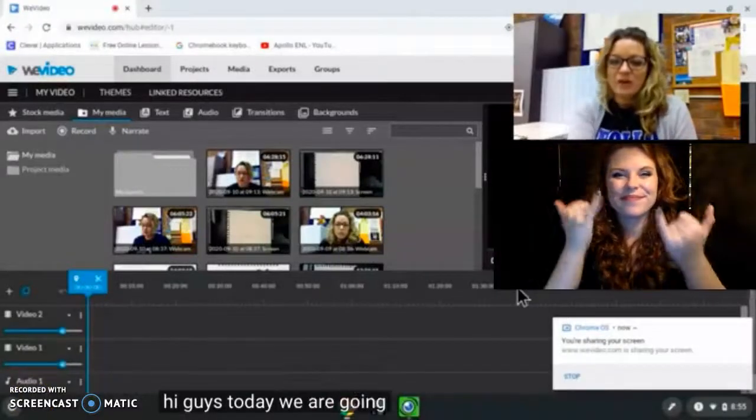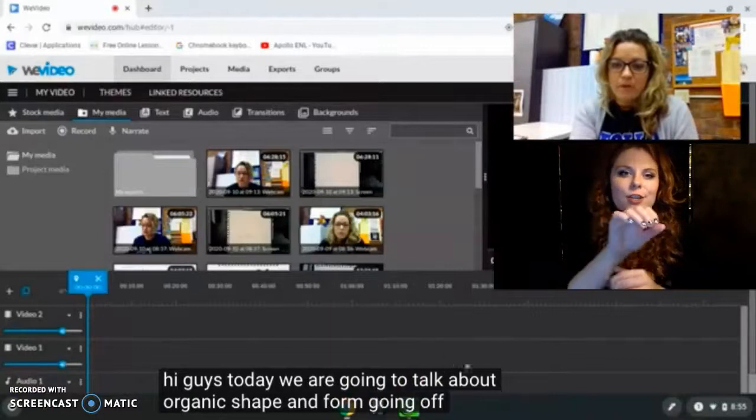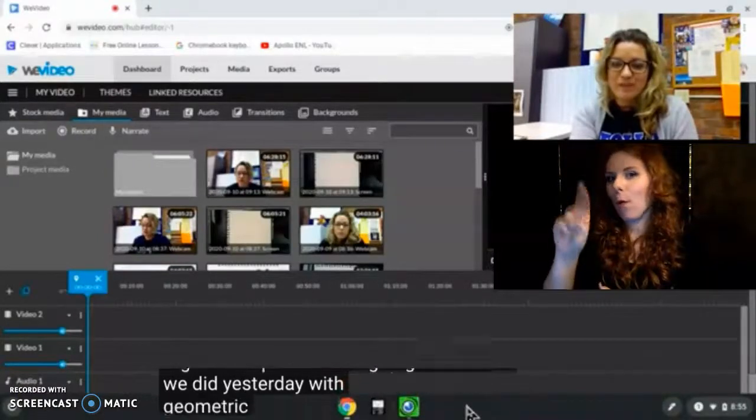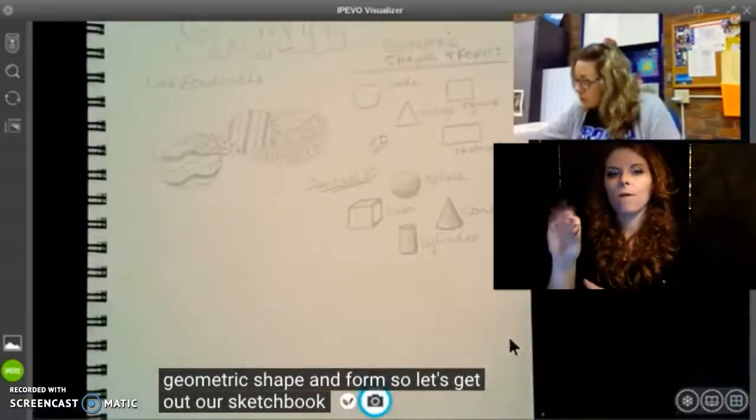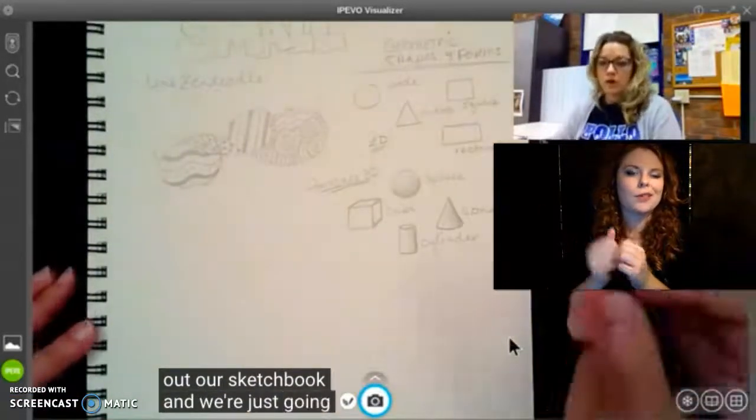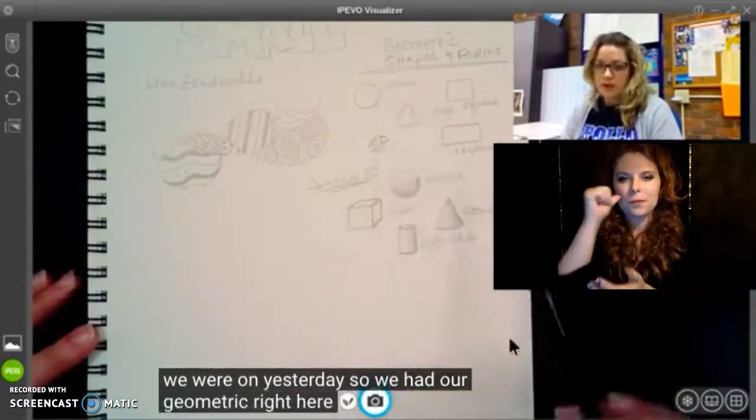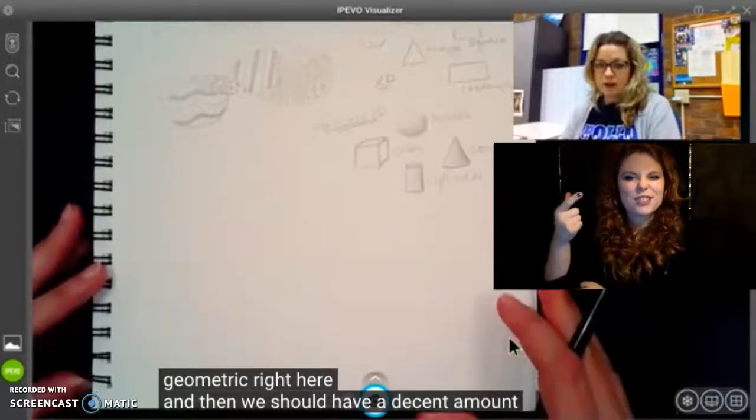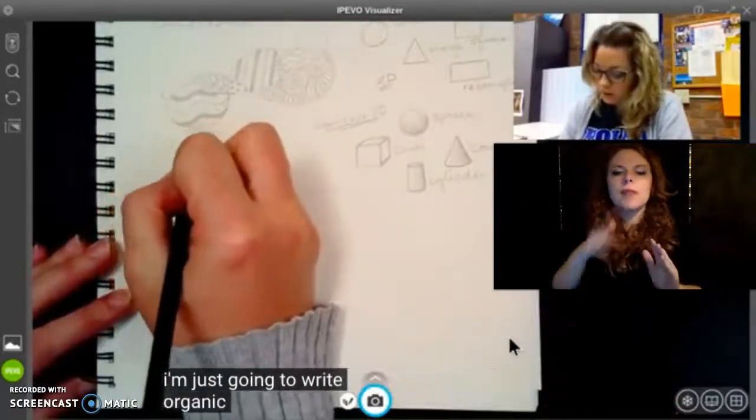Space today. We are going to talk about organic shape and form, going off of what we did yesterday with geometric shape and form. So let's get out our sketchbook. And we're just going off the page that we were on yesterday. So we had our geometric right here. And then we should have a decent amount of space at the bottom of the page. And I'm just going to write organic